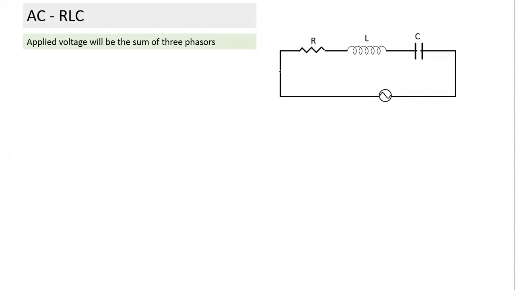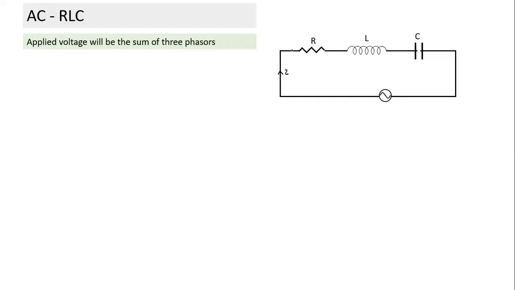And it will set up a current here, and this current also will vary as a sine function. We are not sure of any direction, the current will keep changing. So just marking current will flow, just to indicate that at an instant there's a current here. What is important here, when they are connected in series, the current in all three of them is the same at an instance. Whatever current is there in the resistor, the same current is there in the inductor, and the same current is there in the capacitor.